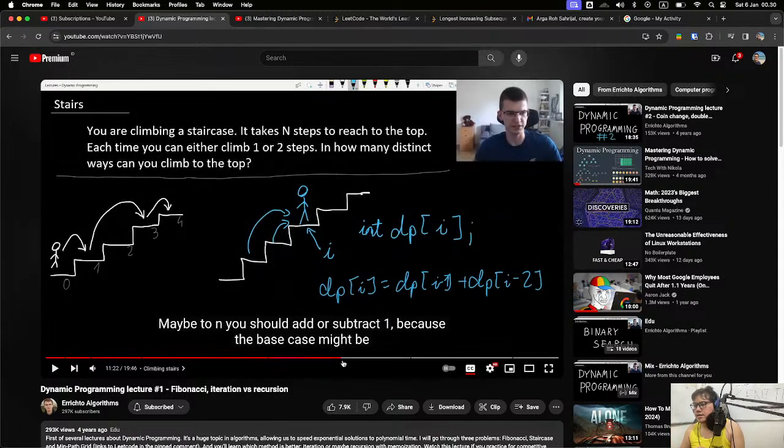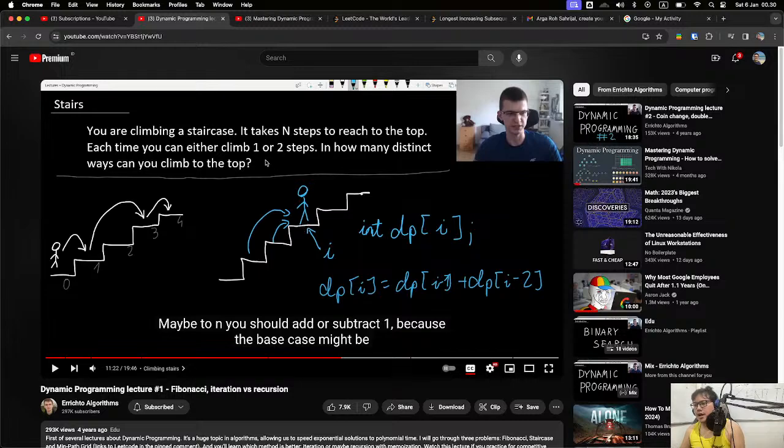You can read the problem on top here, but using dynamic programming we can calculate on each step how many distinct ways you can reach this step.